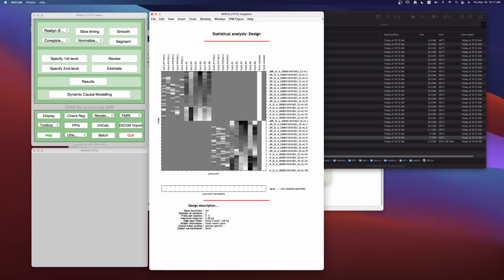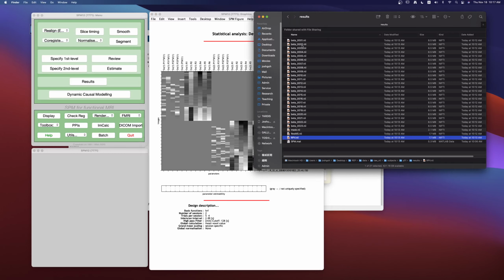When we want to talk about the effect of P11, we actually don't care so much, or rather, we assume that the effect should be consistent across runs. So in other words, we really want an average estimate of the effect of P11 for run 1 and run 2, right? So in order for us to go from these beta images that separately estimate the effects of the regressors for each run,